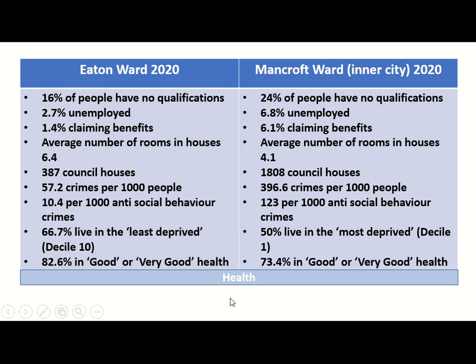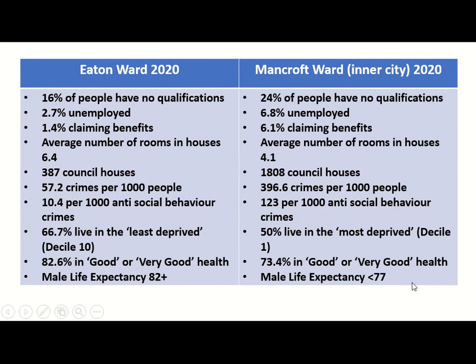And then health data, 82% of people good or very good health, whereas 73% are in good or very good health. So it's clearly affecting their health as well. And life expectancy reflects that. Male life expectancy is more than 82 in Eton, where it's less than 77 in Mancroft. So there's over a 5-year gap between the two. So there you go, look, a really comprehensive summary of just how unequal the city of Norwich is depending on